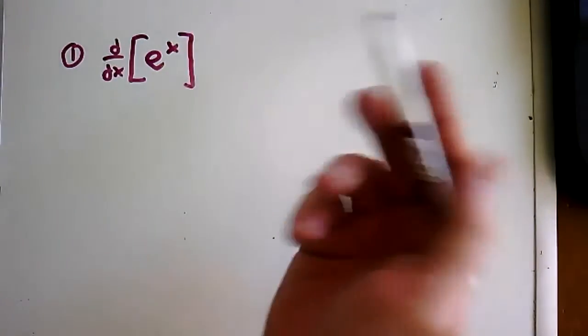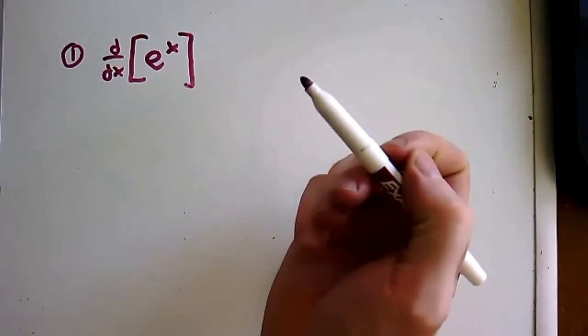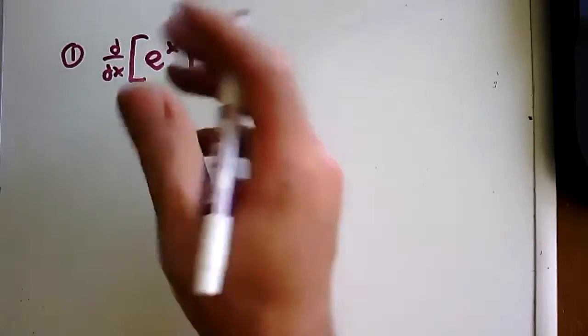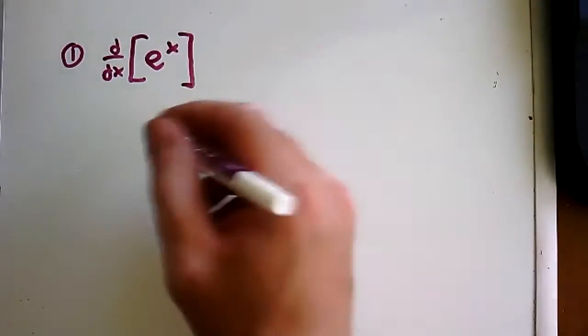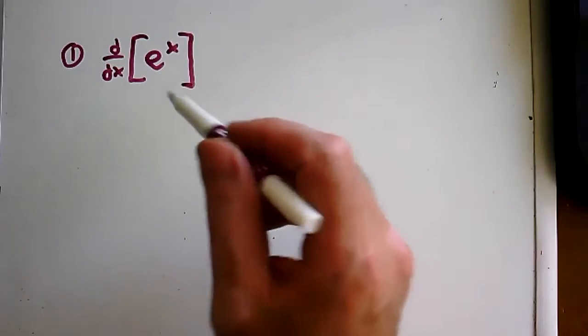Now you might be a little bit worried, like e to the x, it's an exponential function. Just to be clear, e is an irrational number. It's about 2.7, a little bit more than that. Expressed as a decimal, it goes on forever. Has some really interesting properties. If you imagine all the different exponential functions, so like 2 to the x, 10 to the x, 100 to the x,